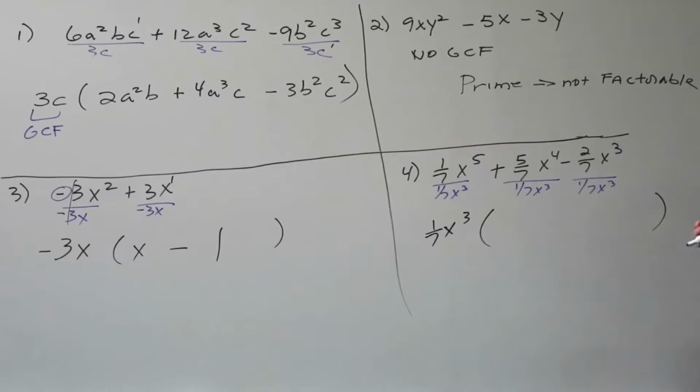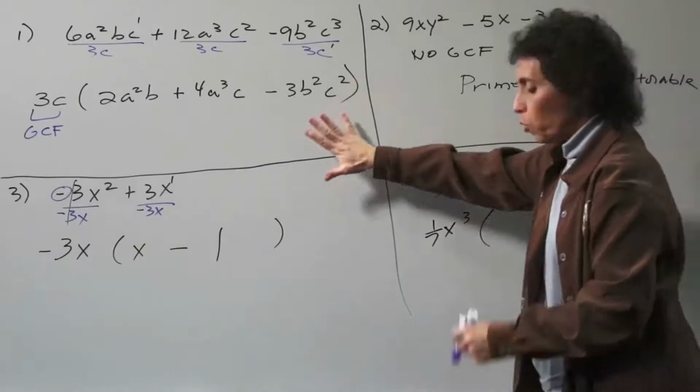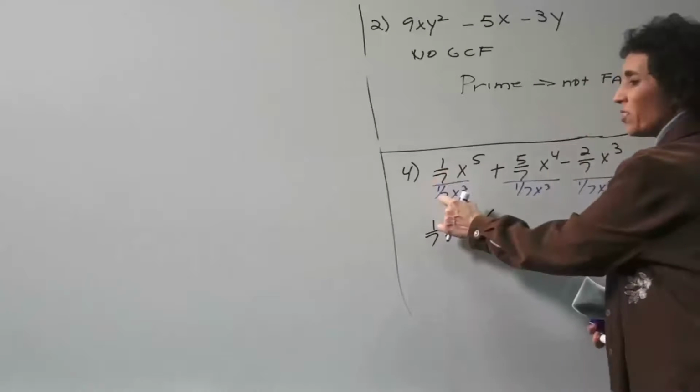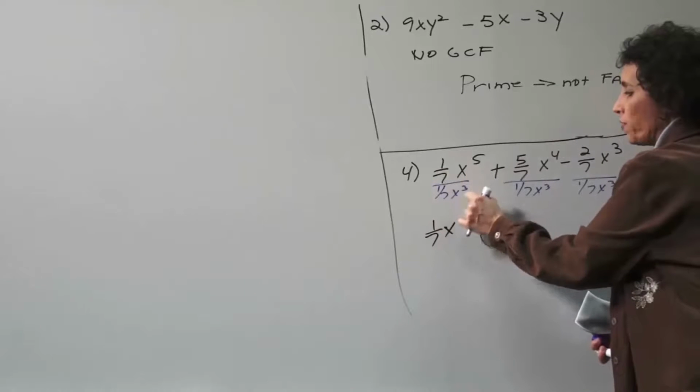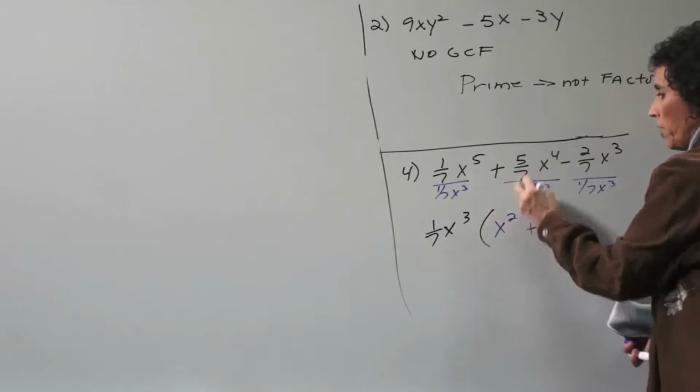Okay, I'm going to show you how to divide. Don't get nervous. I'm just going to erase this side of the board just for a second. Okay, so we're going to divide here. Well, 1/7 divided by 1/7, that's easy. That's just 1. X to the 5th divided by x to the 3rd is x squared. Positive. Now 5/7